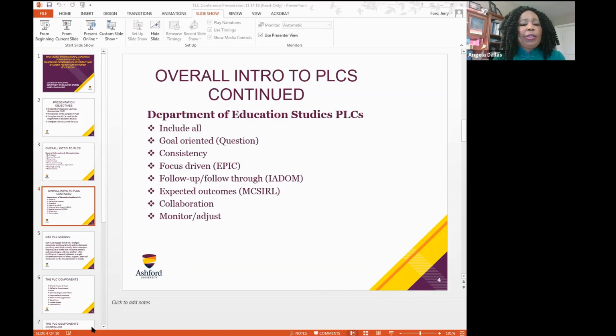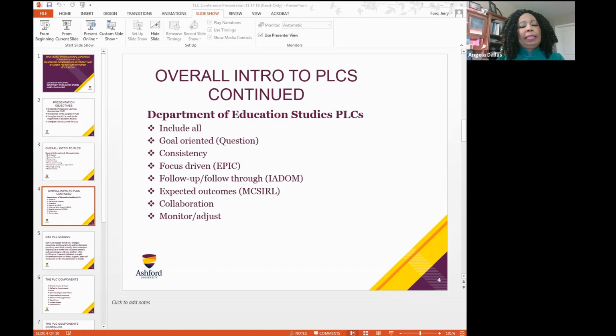And to make sure that we get the outcomes that we expect, we make no excuses, we challenge critical thinking, we set high expectations, we insist on results, we require rigor, and we leave nothing, absolutely nothing to chance. We collaborate continuously, we provide information and support to each other, and we monitor and adjust accordingly.